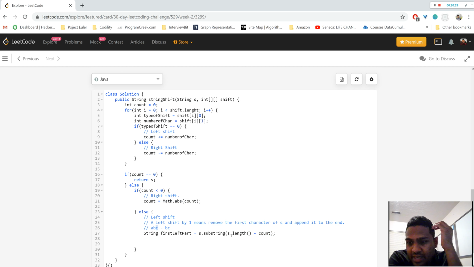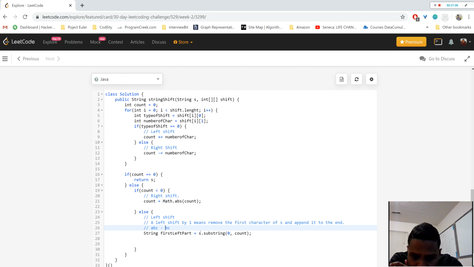Okay, so what I'm thinking is, if I want to remove the first few characters, I could do start index 0 minus end index count. That is going to remove... I was just trying to figure out how we can remove the first characters. Okay, and so in this case I'm going to remove the 0th index. Let's see if it's 1. I'm going to remove the first character,